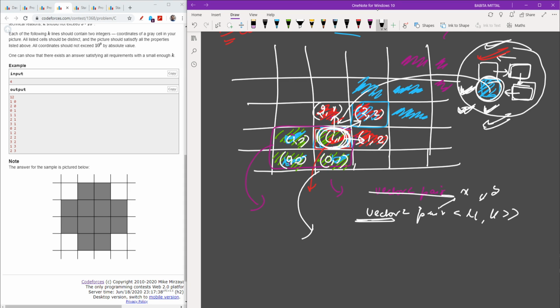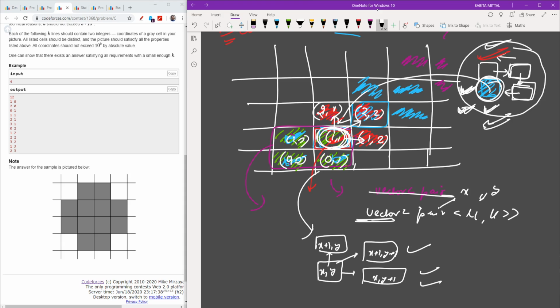It means that if I have a cell x, y, then I will push x plus 1, y in my vector, x plus 1, y plus 1 in my vector, and x, y plus 1 in my vector. So I will push all these 3 values.